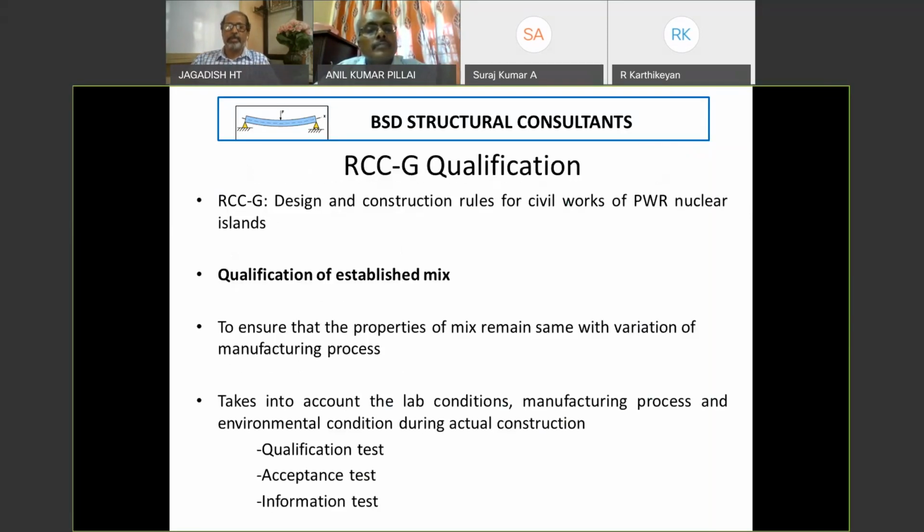Now let us talk about RCC-G. Now, what is this RCC-G? Well, actually, what I'd like to give some background about this. When you talk about concrete,